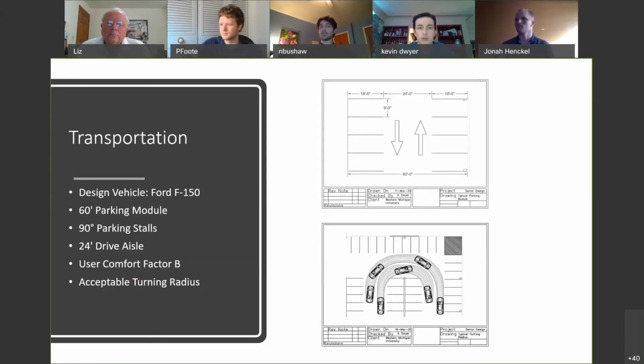Our drive aisle widths are also shown in the figure, and these are the widths of the lanes available for the cars to drive on while going through the structure. With a two-way aisle, the drive aisle is 24 feet. These interior elements satisfy a user comfort factor of B, which is very similar to highway design level of service,